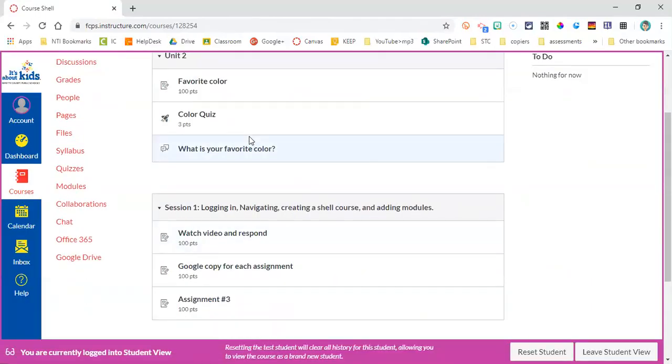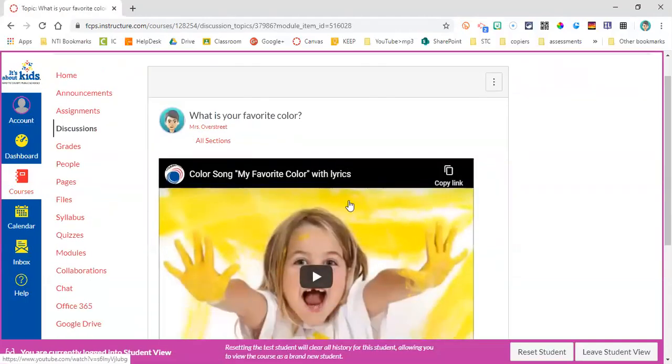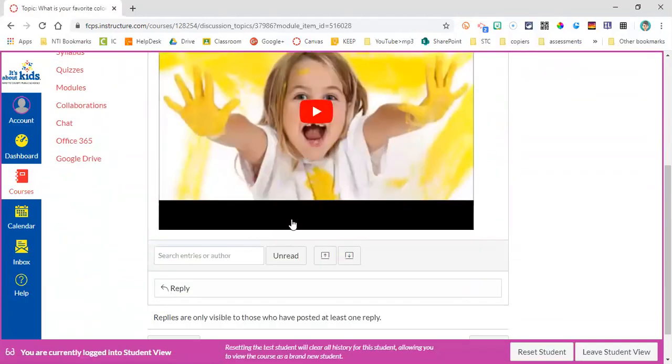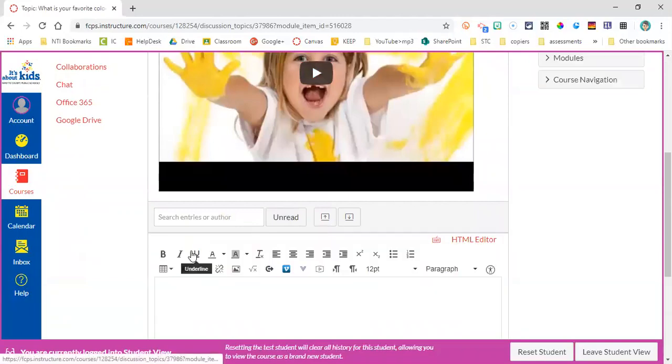Go down to my unit 2, and what is your favorite color? Here's the discussion, and notice the little icon here is like two little discussion speech bubbles. So you can see that that is what that is. Here's what's your favorite color, there's that, and I can click in reply and say, I really like blue because